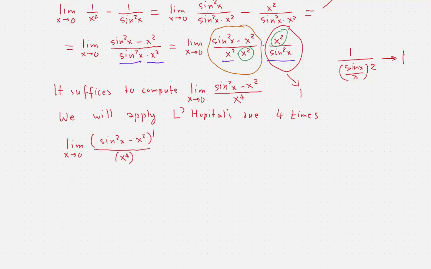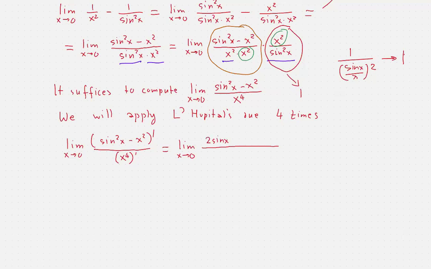And this will be the limit as x tends to 0 of what is the derivative of sine square of x? Think of sine square of x as sine of x all squared. That's what it is. So we use the chain rule. Think of sine x as y. The derivative of y squared is 2y times the derivative of what we designated as y